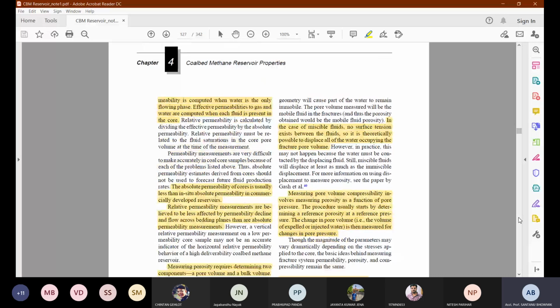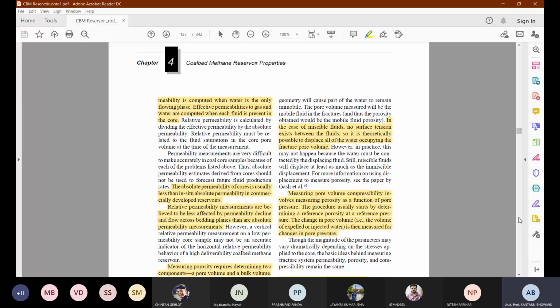But when it is totally filled with the water, obviously the water pore pressure will be the maximum. So the effective stress will be the lowest because the pore pressure is higher at that particular depth. Can you imagine, if it is dry, then obviously there will be less pore pressure. But when the coal is already saturated with the water at 100% saturation, it is totally filled with the water, so the pore pressure will be higher and the effective stress will be low. So with that lower effective stress, the permeability is going to vary.